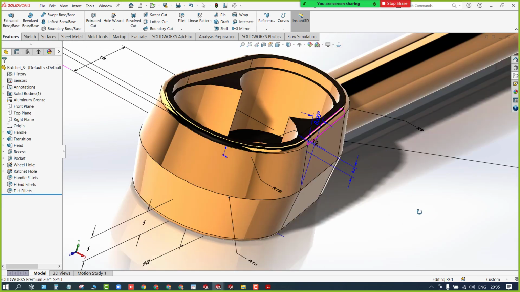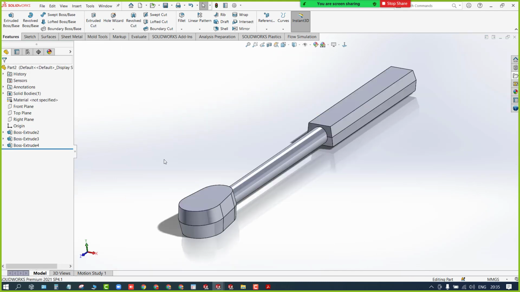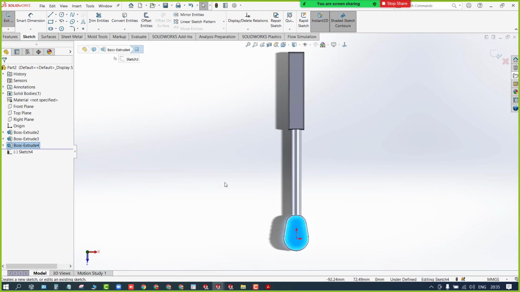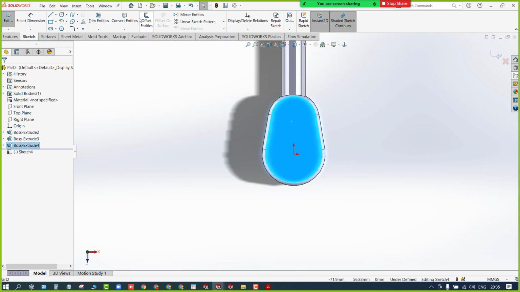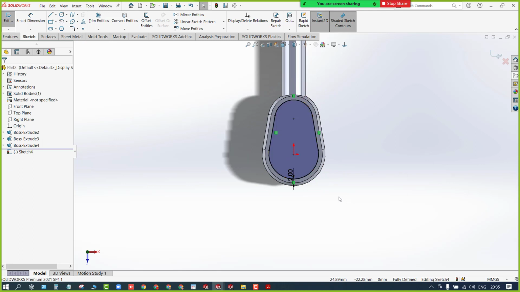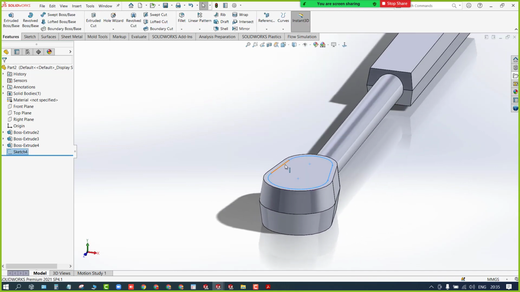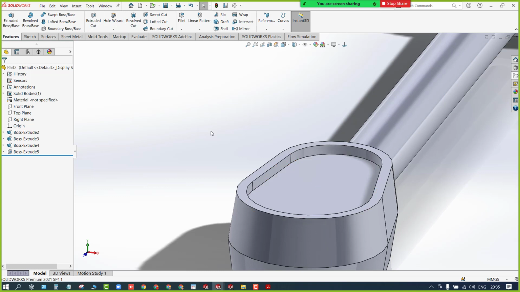I'm giving the shortcut for how to check it. If you have any edge, you simply select it and it's going to give the length. So we need to do it here. Isometric view, select the face, sketch on it, and with the face selected use this option, offset entities, and define the value of how much you want to offset inside, green check. Automatically it will create it. Otherwise you can select manually and create it, but it's going to take too much time. Once you define it, you can directly come outside and use the drag button downwards like this. Okay, these are all shortcuts instead of using cut extrude.